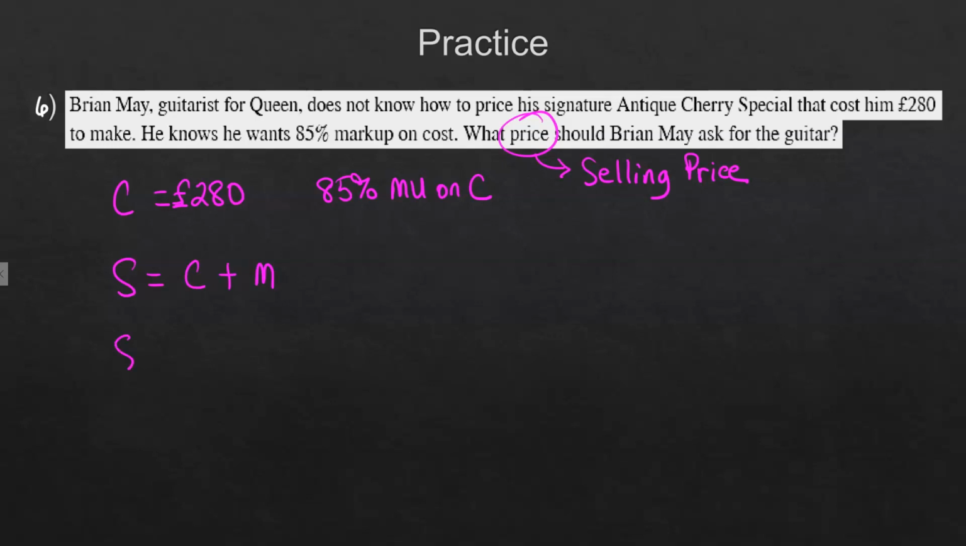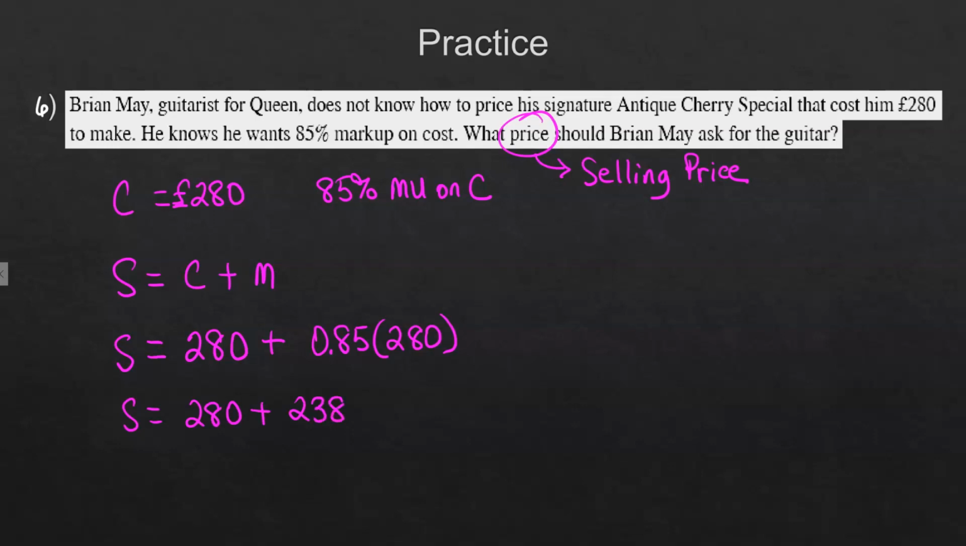So selling price is the cost of 280 plus the markup amount, so that's going to be 0.85 times 280. So 0.85 times 280 is 238. So 280 plus 238, and the selling price will be